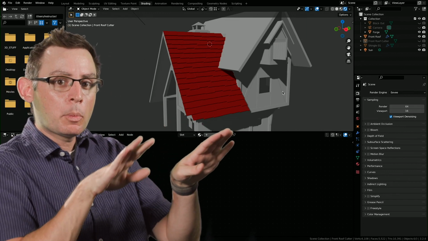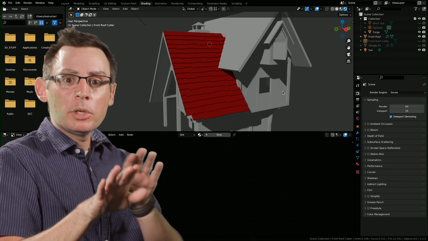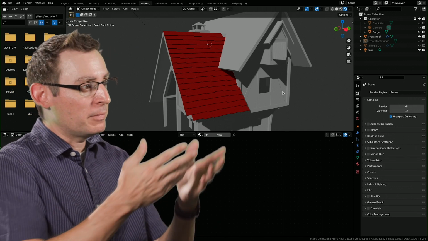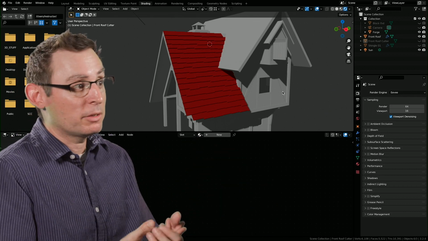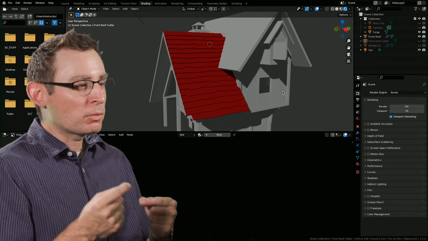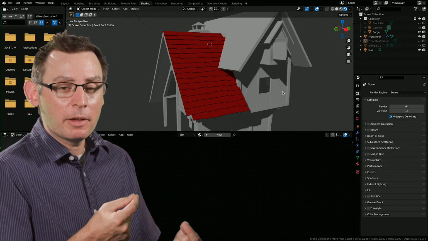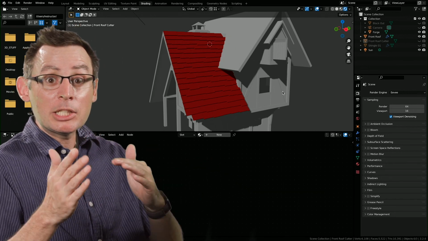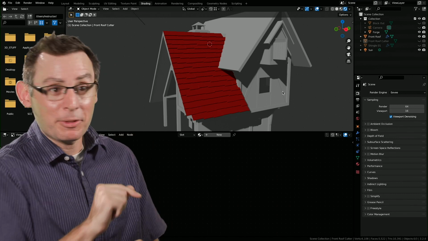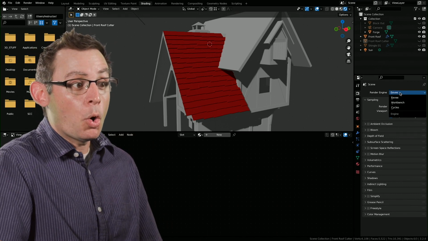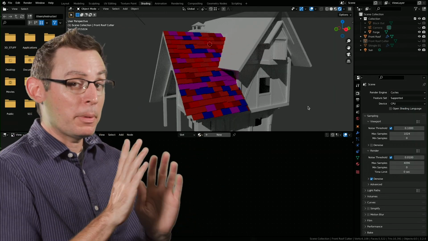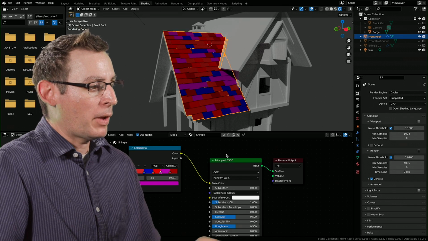I want them to have small variations in color when compared to one another. Now, using the Eevee rendering engine, we just get one color. The rendering engine is not sophisticated enough to be able to tell the difference between each of the geometric islands. Cycles is, though. Check this out. This is pretty cool. Let's change our rendering engine over into Cycles, and voila, I already have the material set up, but this is what it looks like. Let me go ahead and select it real fast so you can see it.